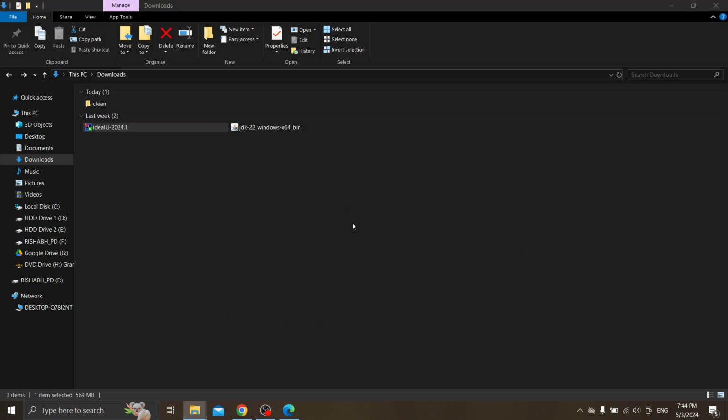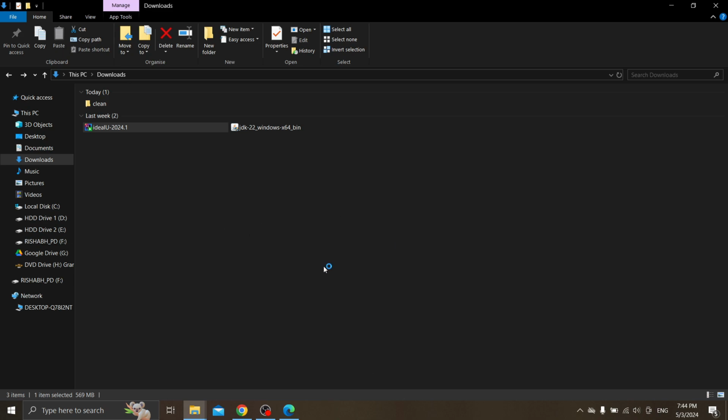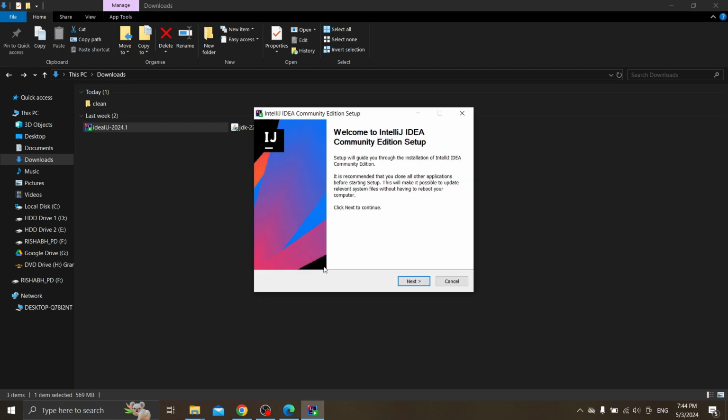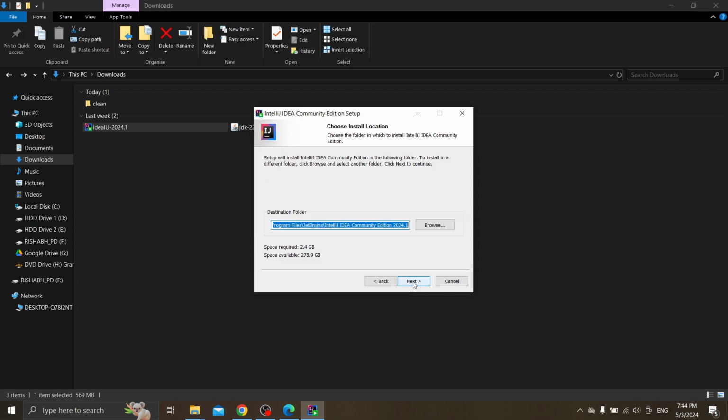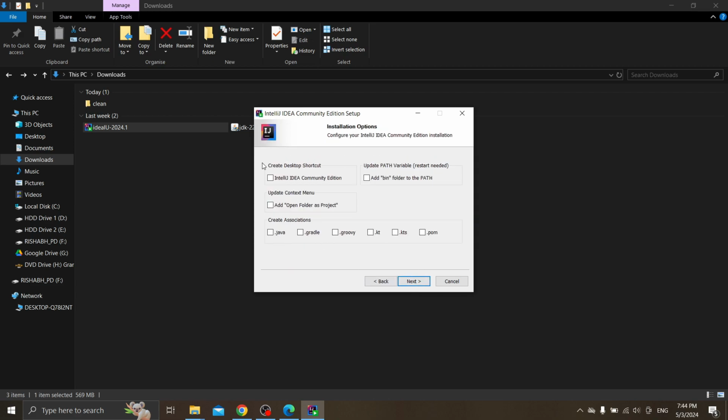And if it asks yes or no for installing the setup, click on yes. Now the installation pop-up will be like this. You need to click on next. This will be your default installation directory. Click on next, and you need to select the shortcut option and the bin option, and then you need